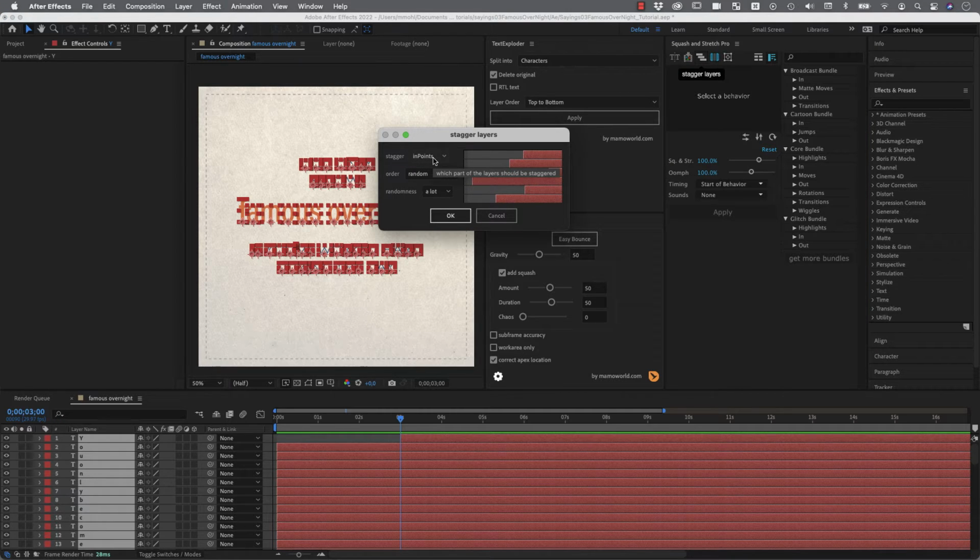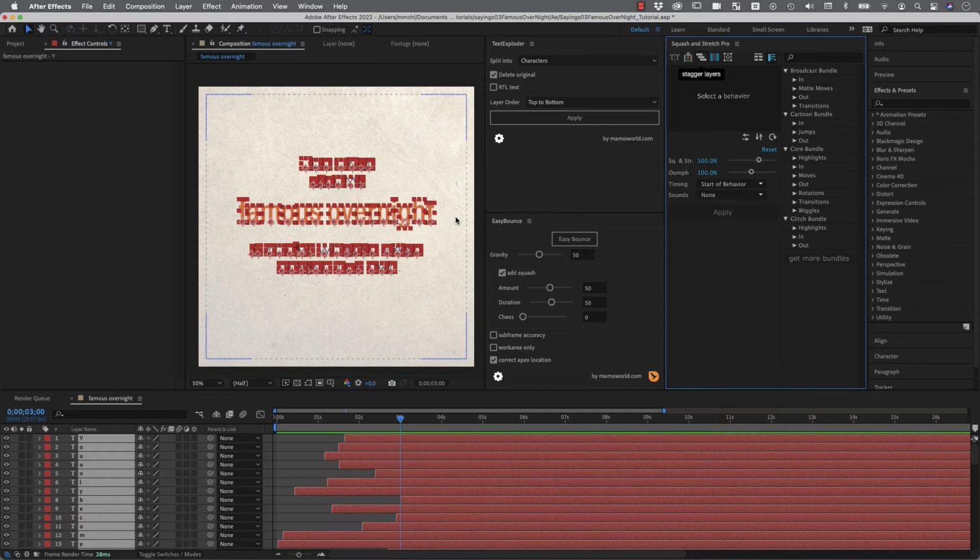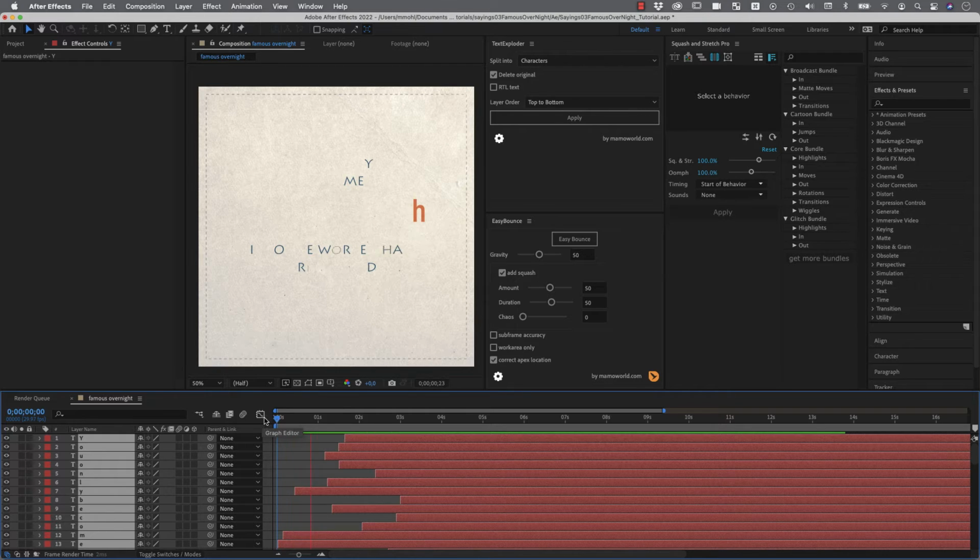We want to stagger the endpoints of those layers, and let me show you first how it looks without any randomness. So with this it would be staggered very regular, yeah, but we want to have it really random, so the order is random, and now here the order is random, but the distance from one to the next one is still completely even. Yeah, like the step size here is the same, and if you here say a lot of randomness, then it gets even more weird, so to speak, or more chaotic. I click apply, and now all those layers are shifted in time, and the result looks like this.